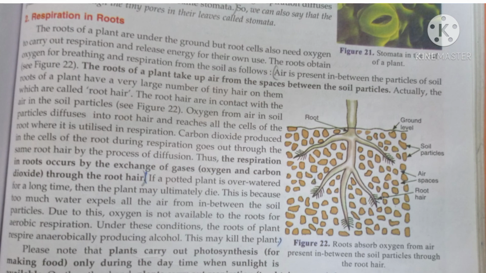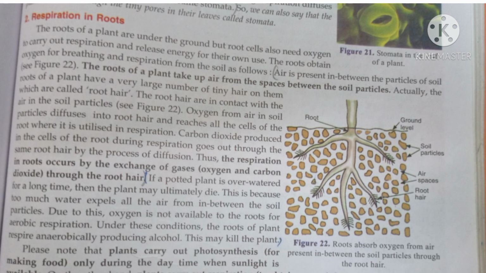Oxygen from air in soil particles diffuses into root hair and reaches all the cells of the root where it is utilized in respiration. Dear students, please note that the cell walls of these root hairs are very thin and it is very easy for the air to diffuse inside the root by the process of diffusion. The carbon dioxide produced in the cells of the root during respiration goes out through the same root hair by the process of diffusion. Thus, the respiration in roots occurs by the exchange of gases